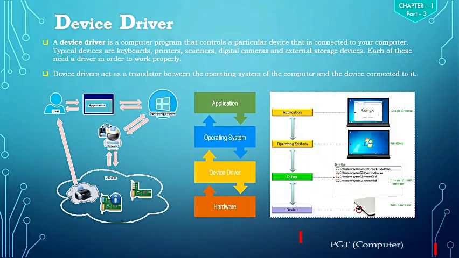Similarly, we can see a second example. For example, we have Wi-Fi hardware, and we use this Wi-Fi to connect to the internet. You can see here we are using the application Google Chrome, and this Google Chrome is installed on the Windows operating system. This Windows operating system needs a driver to run Wi-Fi so that it can access the internet. So these are the drivers that are installed so that this Wi-Fi hardware can be used over this operating system and the net can be used.